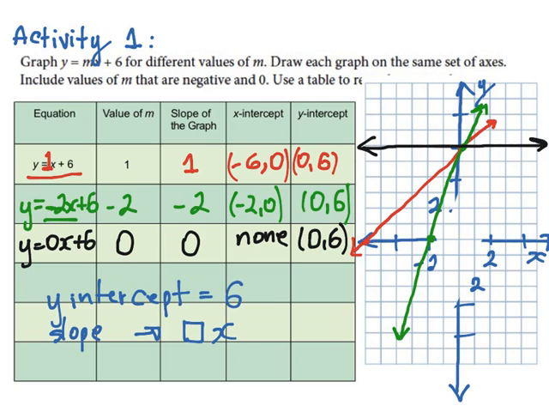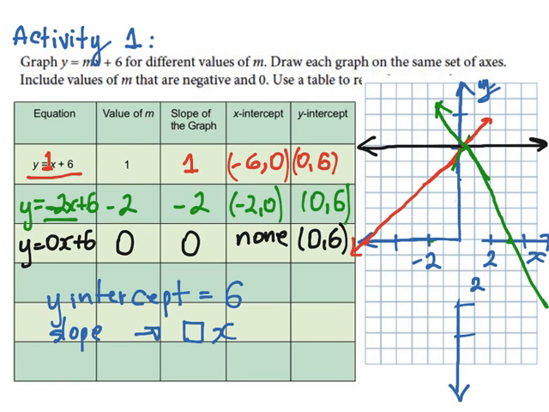So again, the y-intercept is at (0, 6), and the x-intercept will be approximately at positive 3, so (3, 0). So we have to be careful whenever we have a negative slope, in this case -2, the graph goes down